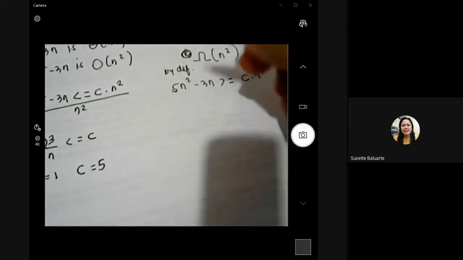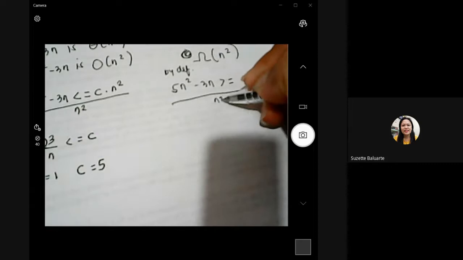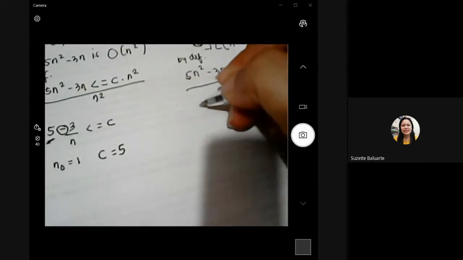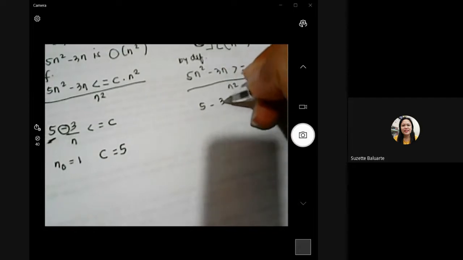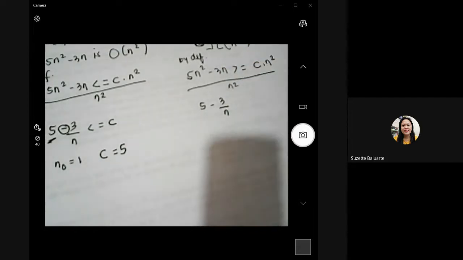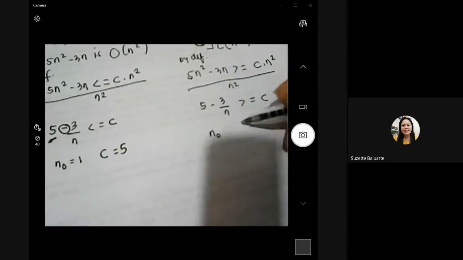Divide by N squared directly, as a shortcut. It becomes 5 minus 3 over N, greater than or equal to C. If N naught is equal to 1, then C is equal to